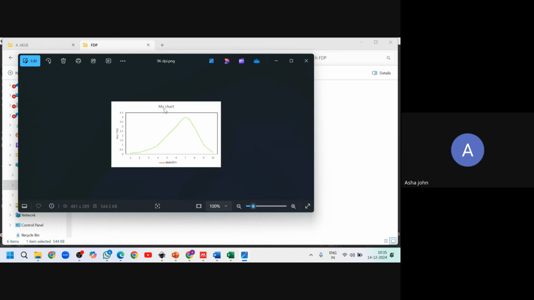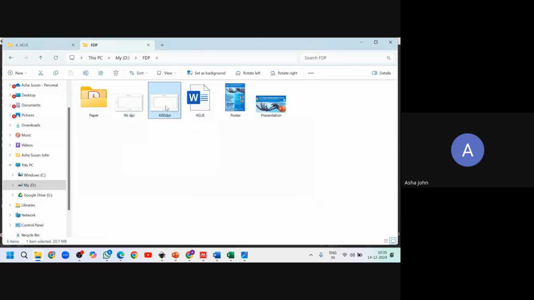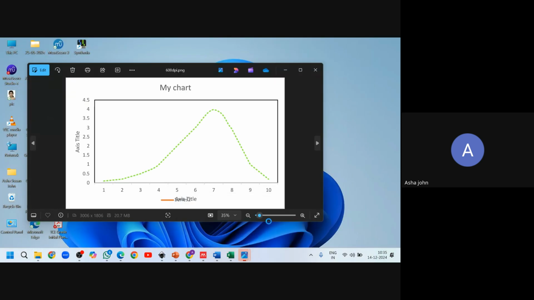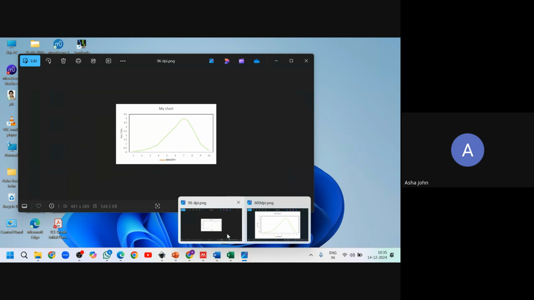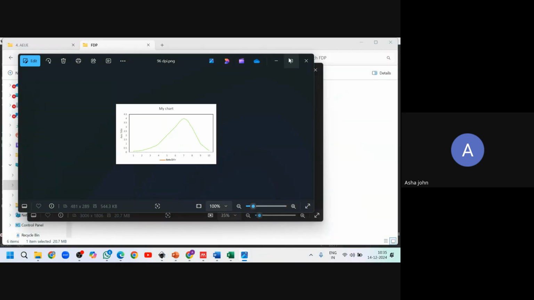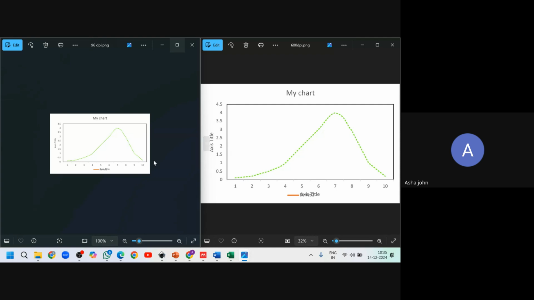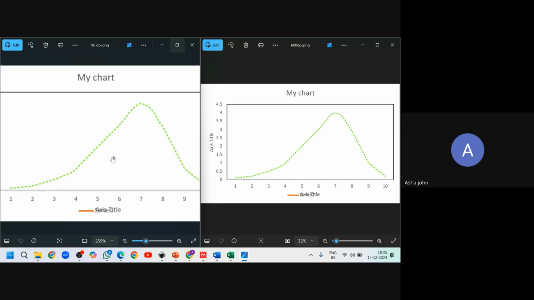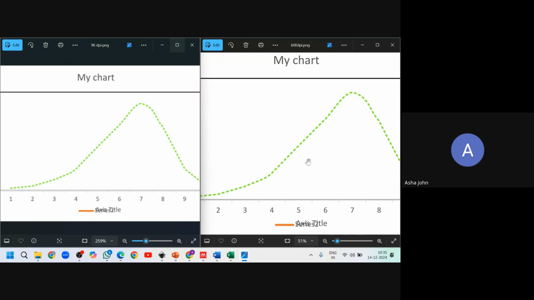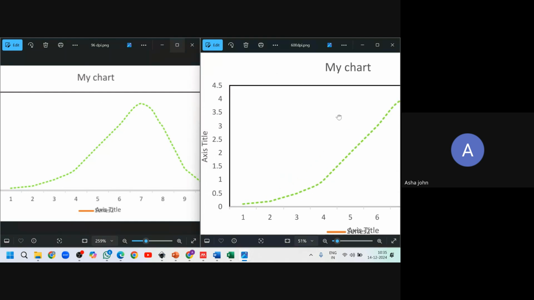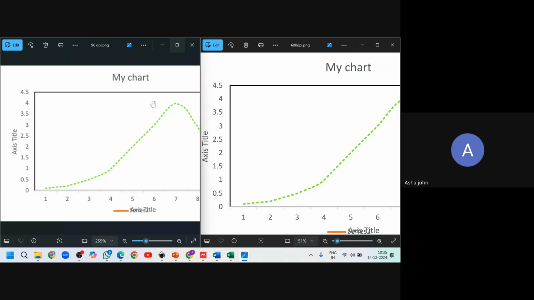This is the one with 96 DPI, and this is the one with 600 DPI. Let's compare. Here, this is 96 and this is 600. You can see for yourself how much clarity difference there is.